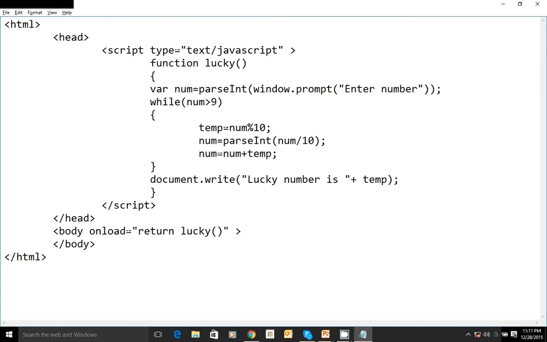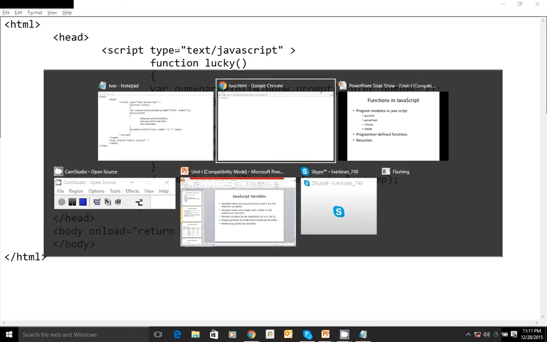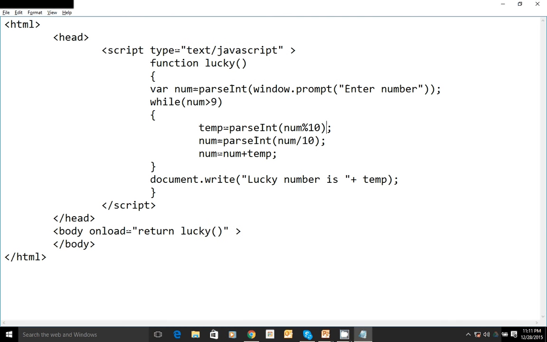So I think there is something wrong. Let me check. Num is greater than 9. Okay.